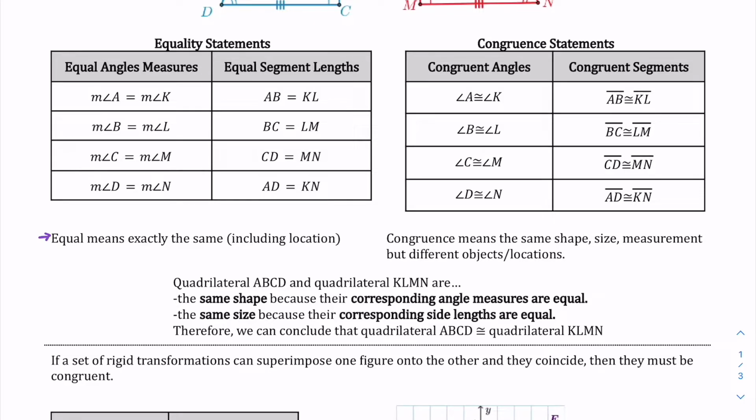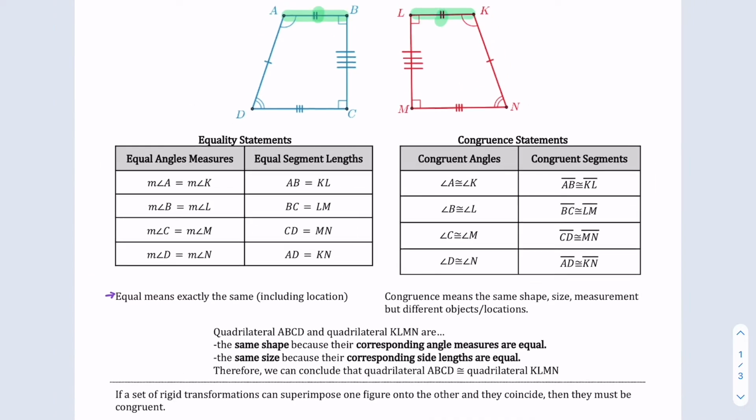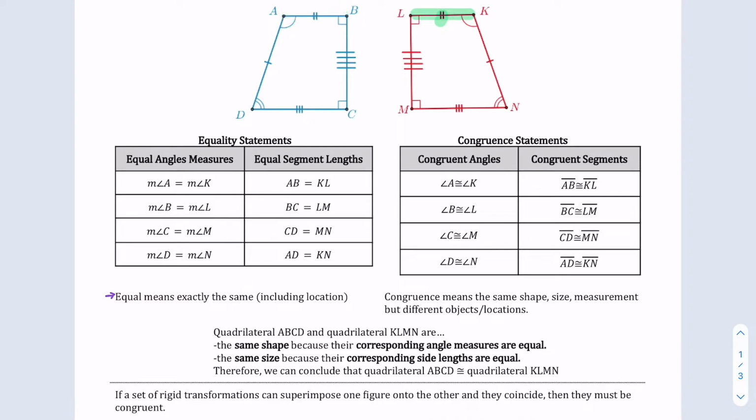So equal, I know I've kind of said it, but equal just means everything is exactly the same. So it is the same size and it is in the same exact location. So we can't really say that two different segments are equal. We couldn't say AB equals KL. We could say their measurements were equal, but we can't say that they are equal because they're not in the same exact spot. Whereas congruent